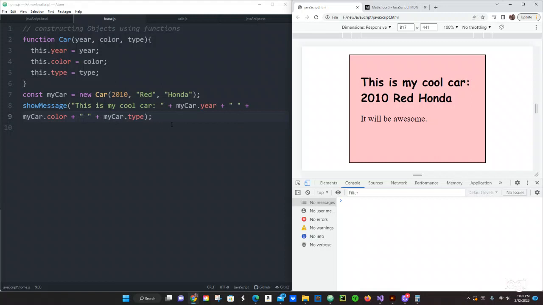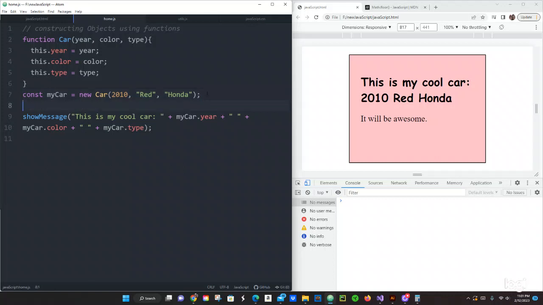And also what we can do is the following: we can add more to our function. We can add more parameters and more values to it. So for example, we can just say myCar.price equals, how much is a used car? Let's just say $15,000. Okay, and we can add right here